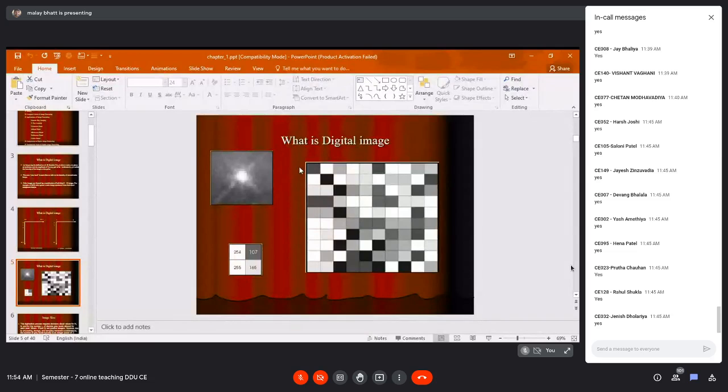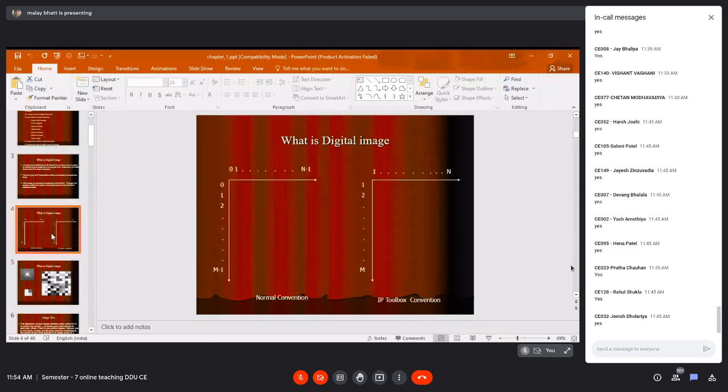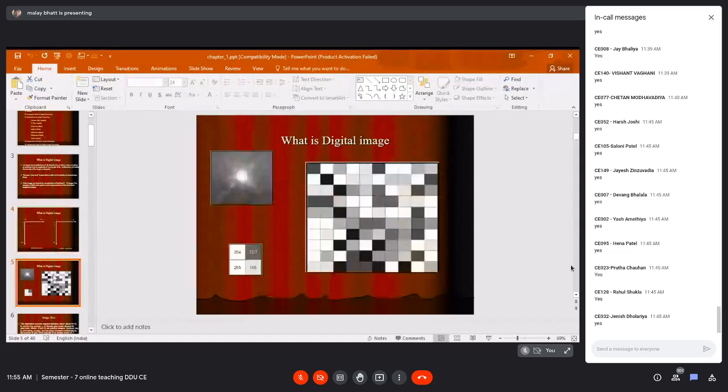So here I can say for position 0 0, if you match with the previous one, the 0th row and 0th column, then we can say that the 0th row and 0th column is very close to black. So the intensity is 0. Similarly, at some point we can say it is very close to white.